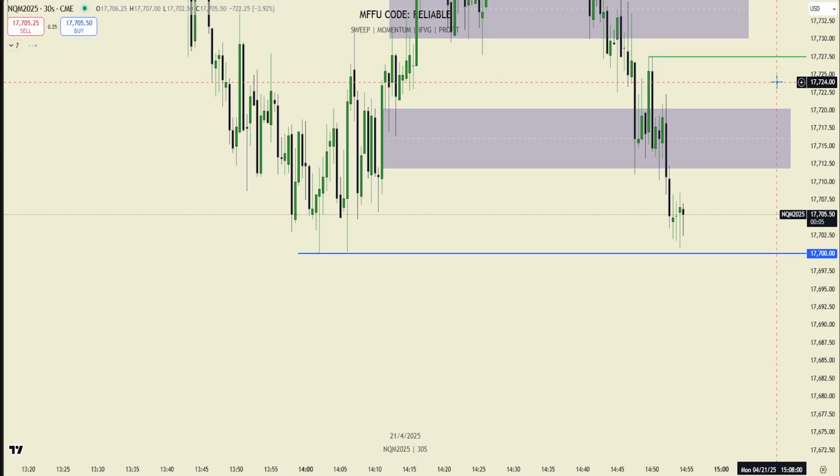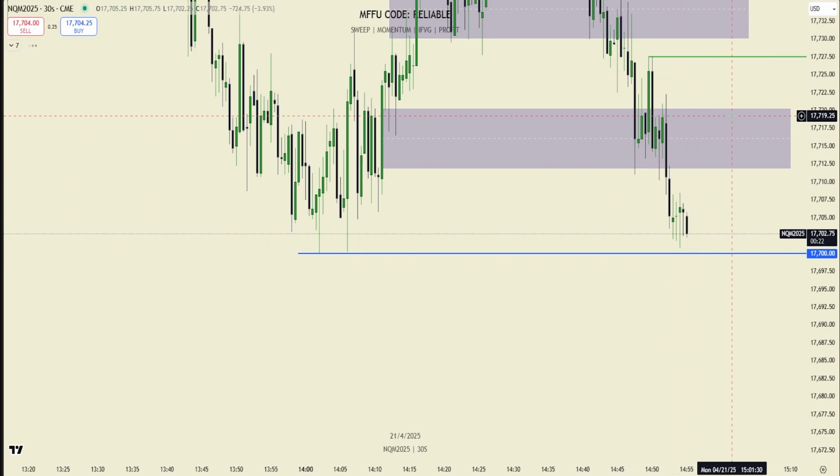I think scaling a couple points before the liquidity target's fine because there's too many cases of price fully reversing, where the risk to reward of holding for full TP, if you don't feel highly confident in it, like if it slows down like this all of a sudden, it is totally worth it.